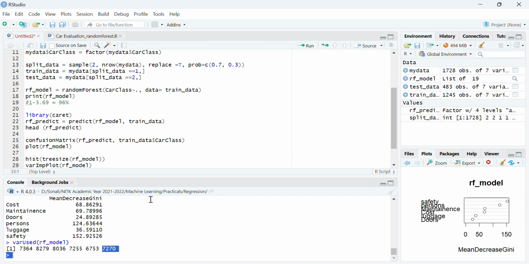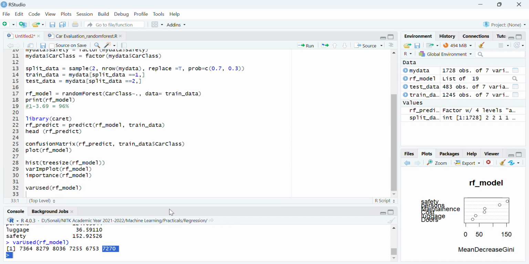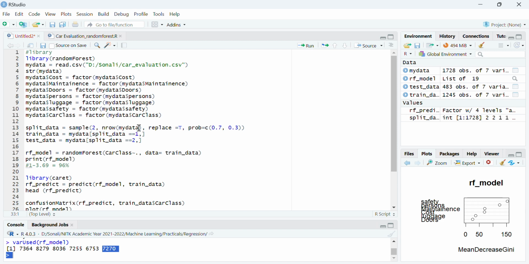Okay. So I hope you understood how you can perform the random forest classifier. So many trees are being created, right? And if you still want to fine tune the model, as of now it is giving us good results. But even if you want to fine tune, you can of course change your parameters.